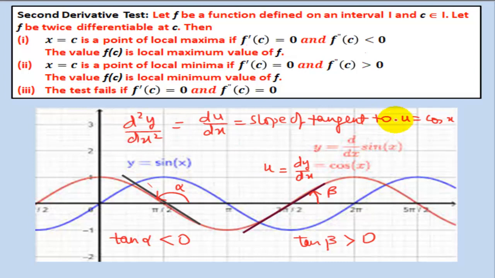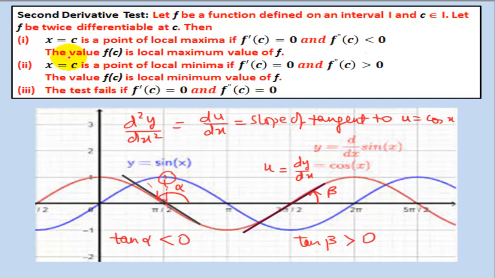So what we observe here, we find the second order derivative of y with respect to x, which is actually the slope of the tangent to this curve, is coming out to be negative at pi by 2. So the critical point where the second order derivative of our given function comes out to be negative, if we see corresponding to that point, actually the curve has attained the maximum value. So this can be the point of local maxima for our curve.